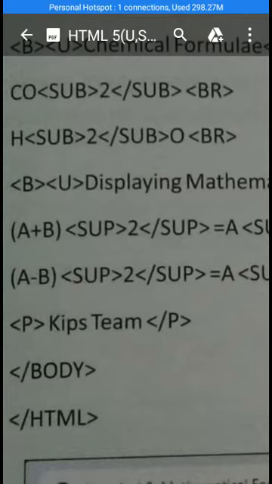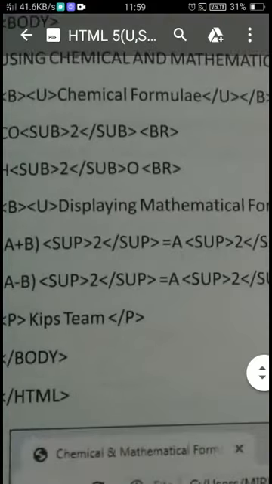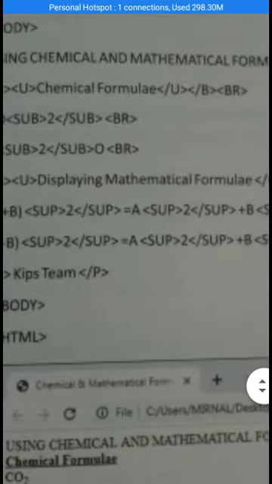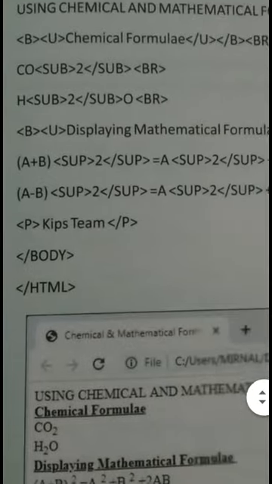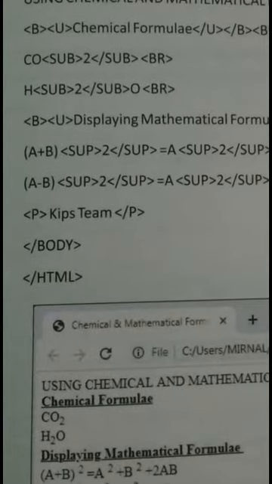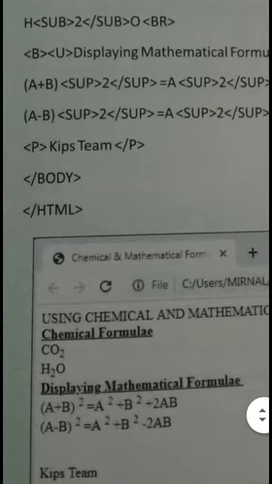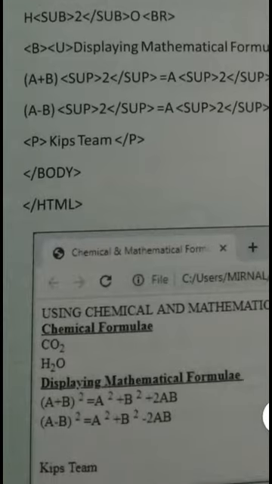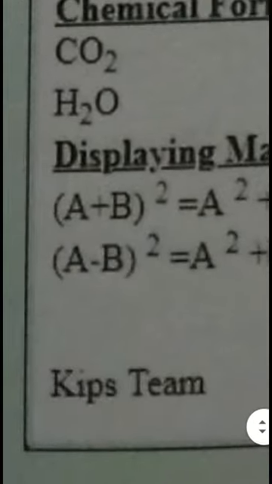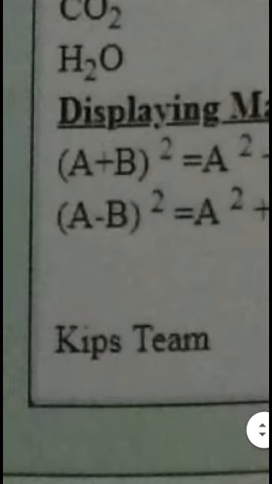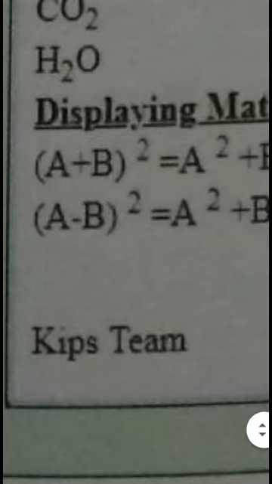Now the next one is the sup tag. Suppose you want to print the text above the baseline, as you are looking here: a plus b whole square equals a square plus b square.